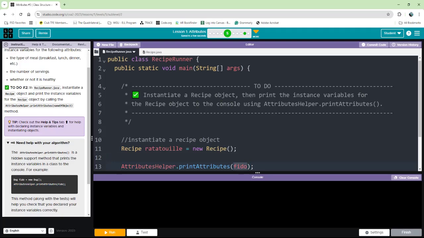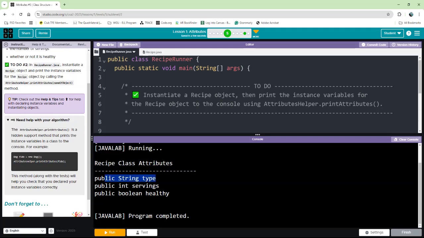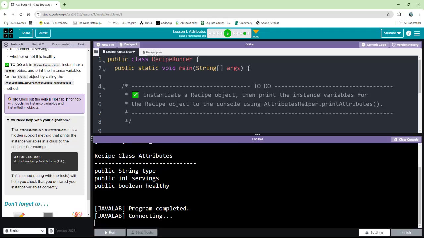So instead of Fido, I'm going to change that to Ratatouille. I could just copy and paste it. And let's see what this shows. So now it's going to show public string type. So everything, it shows me what all of the little attributes are. So it shows me the variables, type, servings, and healthy. Okay. If I hit test, it will say I did it correctly